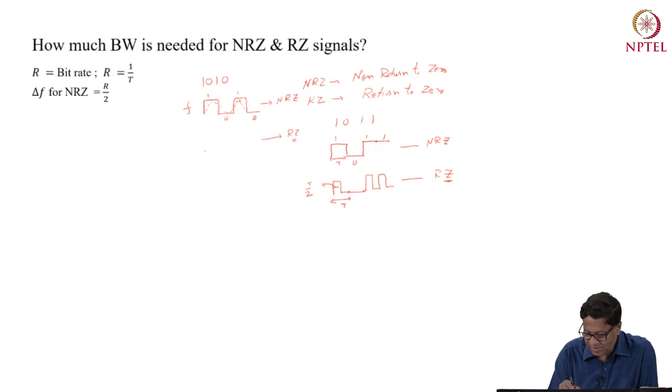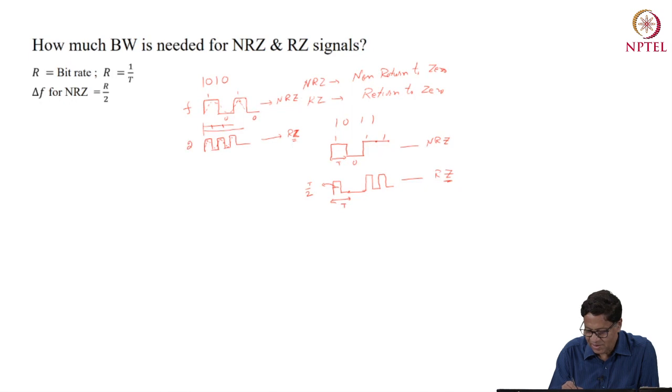So if I draw this, this bit becomes RZ. Suppose I have all ones, for example. If I draw the RZ, return to zero signal, this is 1, this is 1, and so on and so forth. And the principal component of the sinusoid in this